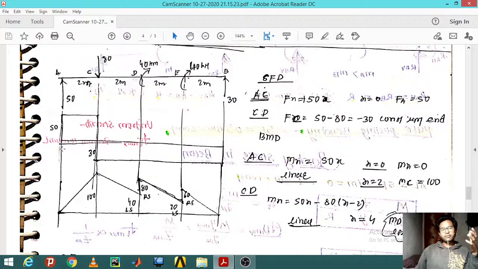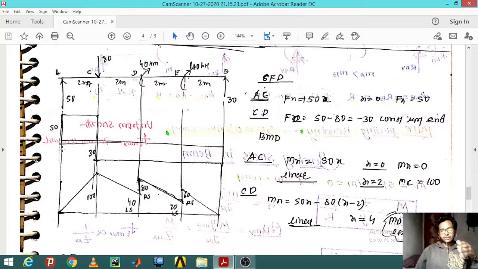So before the moment, we have taken the left side of the D point, the moment at the left side of the D point, which is 40 at x equal to 4. And when you add 40 kilonewton meter to that equation, it gives the magnitude of the bending moment on the right side of that moment. If you take the value x equal to 4, you get a value of 80. So at the same point you get two moments: on the left side you have 40 kilonewton meter, and on the right side you have 80 kilonewton meter.